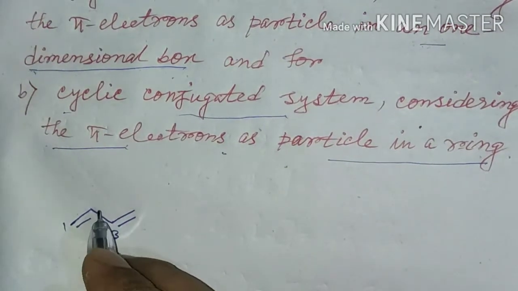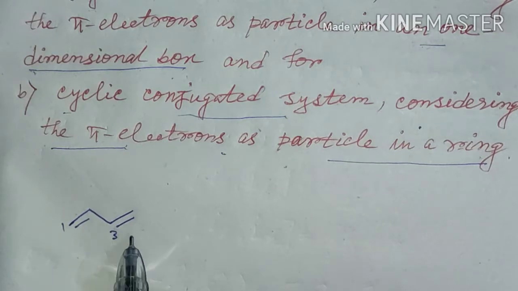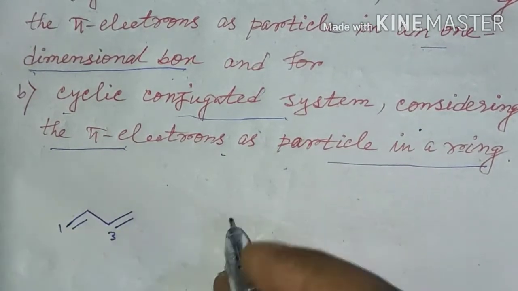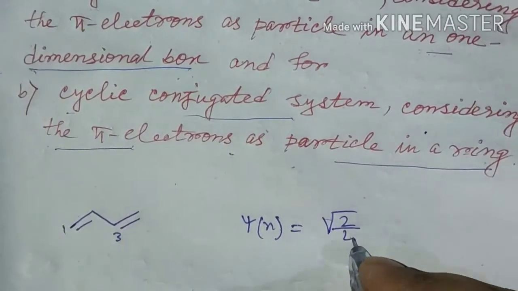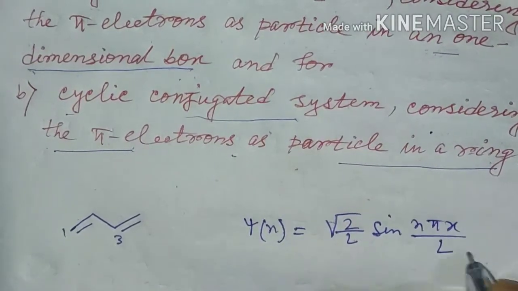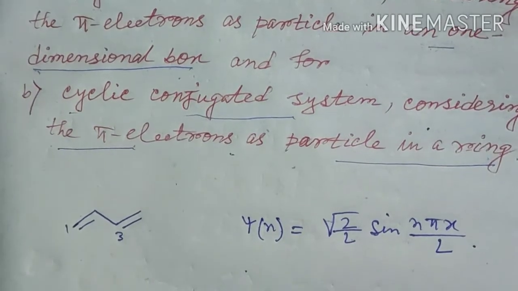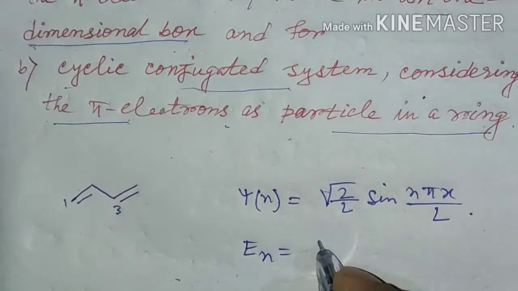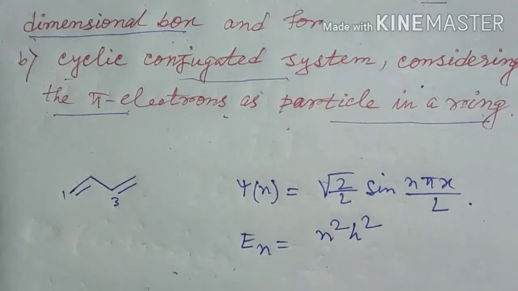Now, in this case, the wavefunction corresponding to such system, psi n, will be root over 2 by L sin n pi x by L, and the energy corresponding to nth state will be En is equal, similarly to the particle in one-dimensional box system,